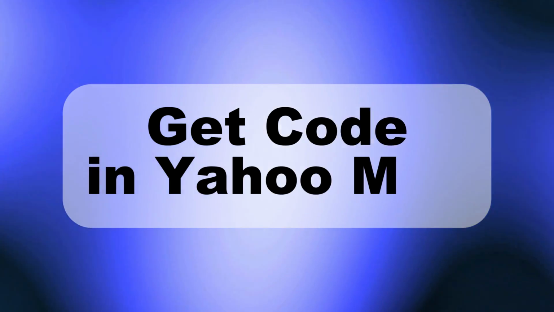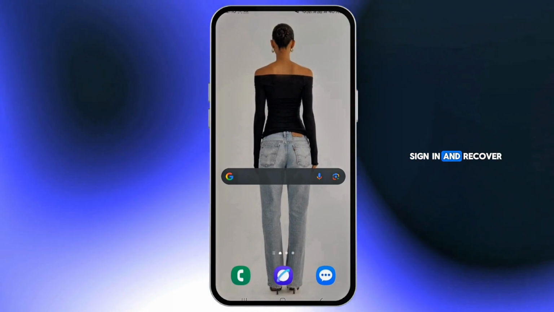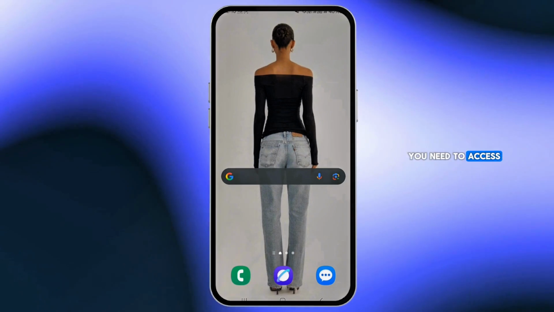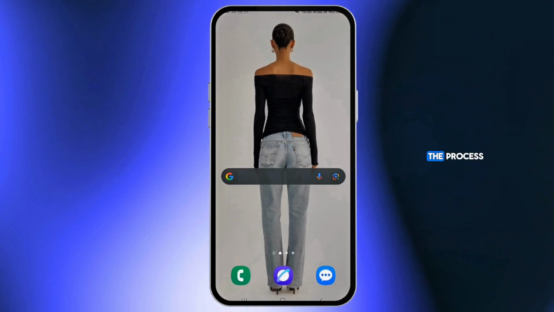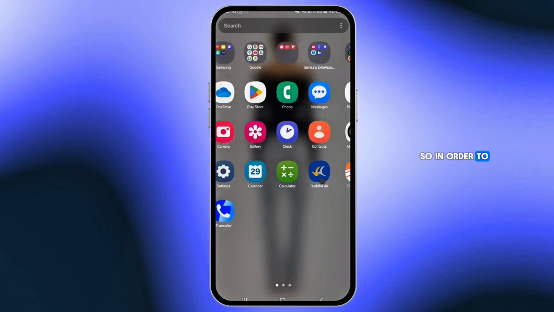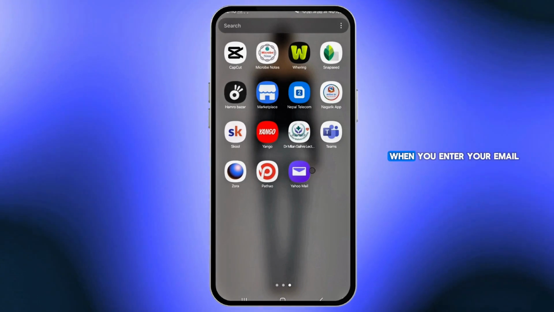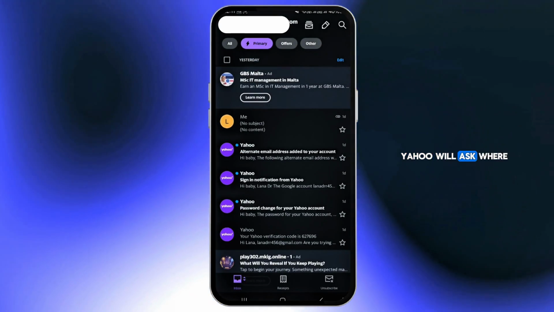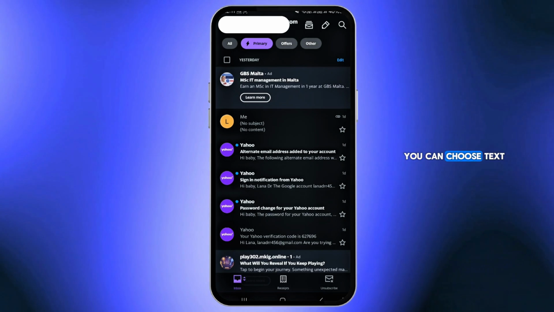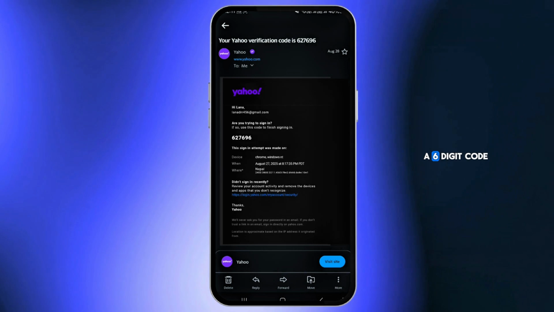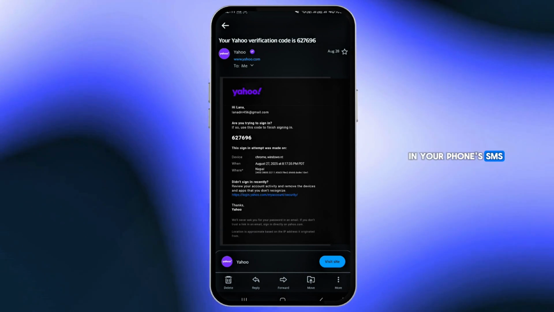Yahoo may send you a verification code when you try to sign in, recover your account, or enable two-step verification. You'll need to access that code to continue the process. So in order to get your Yahoo Mail code during the sign-in or password reset, when you enter your email, Yahoo will ask where to send the code. You can choose text message or recovery email, and you'll receive a 6-digit code in your phone's SMS inbox or